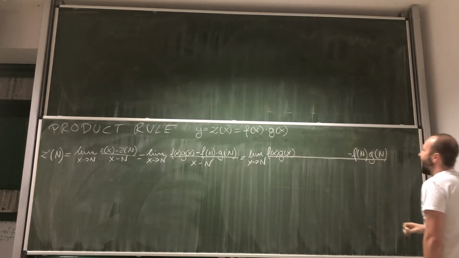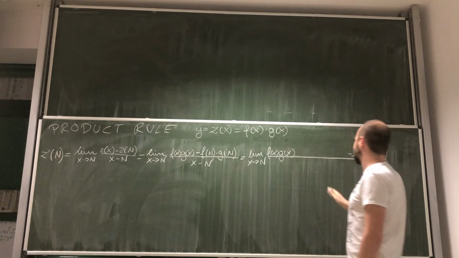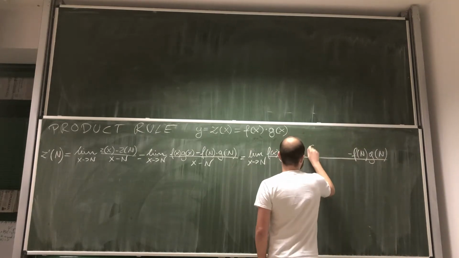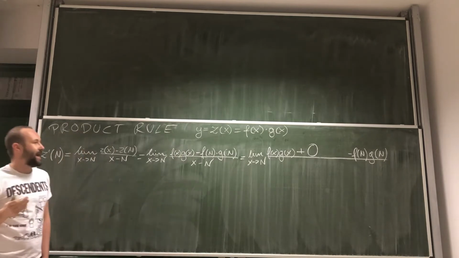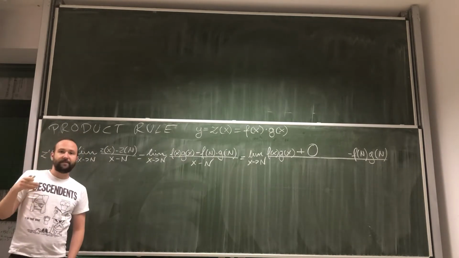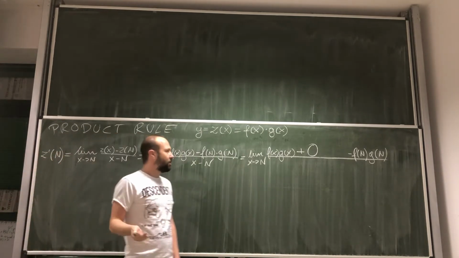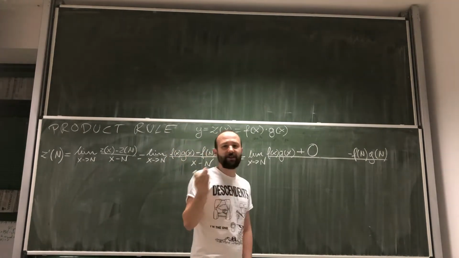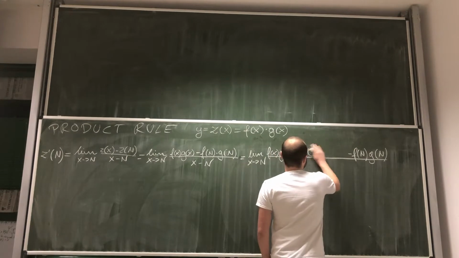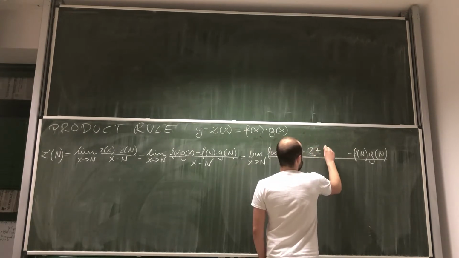And I'm going to add 0 here. Why would I be adding 0? It doesn't change a thing. 0 can be expressed in various different forms, right? 2 minus 2